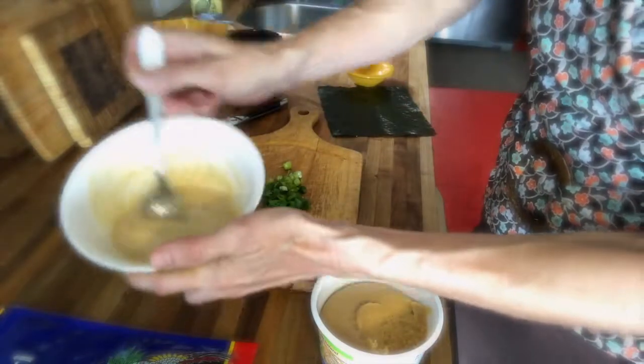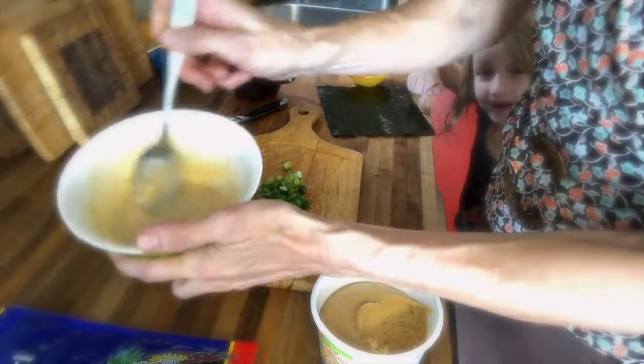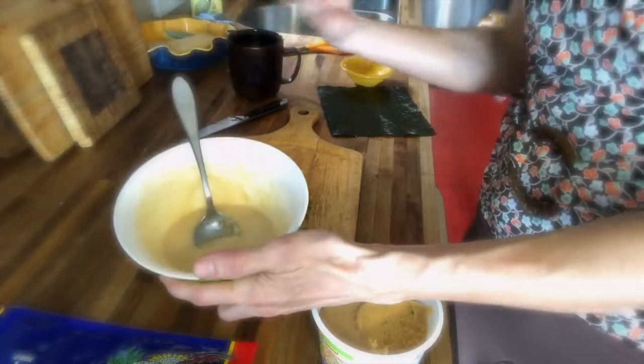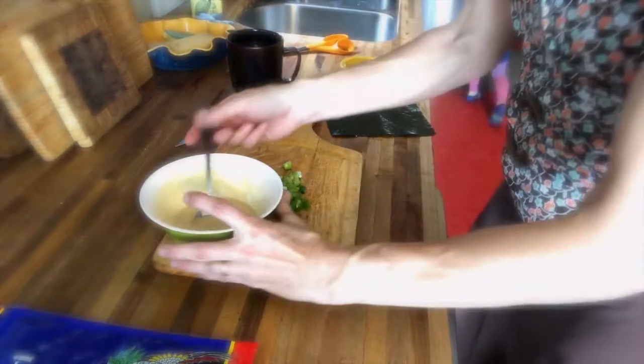making a sauce, like if I'm making a curry sauce or a peanut sauce or something like that. I very often will use miso as the saltiness, and that adds, because so now, once the miso's in there, we have a fermented food in there, and that's great. Okay, so here's our